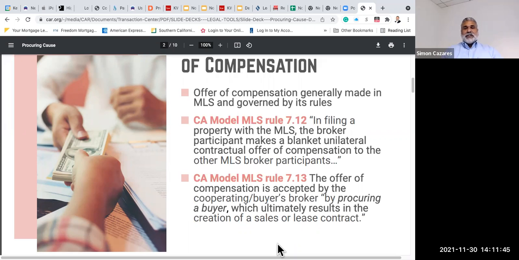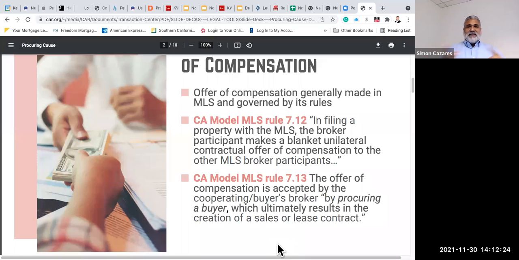Signed by the buyer and submitted to the listing agent, who in return will provide that information to the seller. If the seller is in agreement to the terms of the purchase agreement, then the seller will sign off on the purchase agreement, agreeing to the terms of the offer. If there is no agreement, then the listing agent and the seller will provide what's called a counteroffer or a multiple counteroffer, basically stating, yes, we see the terms that you provided, but we're modifying some of the terms.